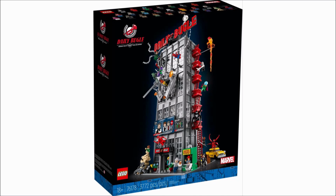Now we have a set that I never would have expected to be my number one most wanted of summer 2021. I would have almost guaranteed you that it would have ended up being a Ninjago set at the top of this list when I first was seeing the reveals for summer of 2021, but once I saw this set, it is just something that blew me away instantly, and it is, of course, the Daily Bugle right here from Marvel,